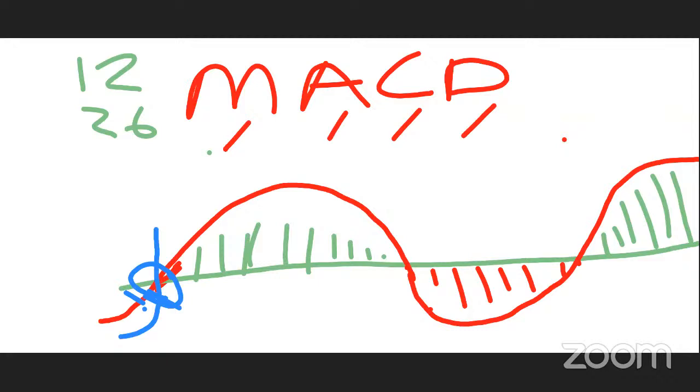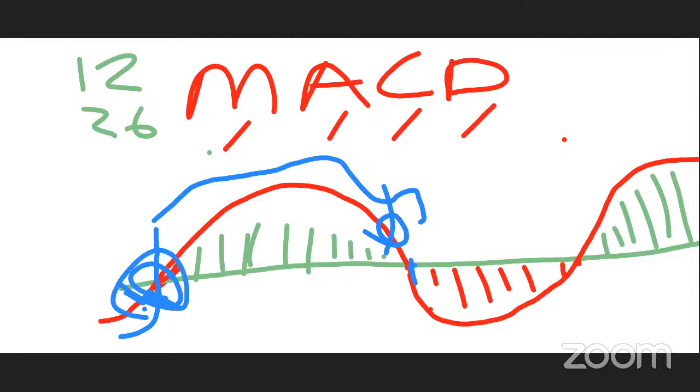Then the market keeps on moving in its direction, then maybe it crosses here. When it crosses here, a red histogram appears. Now it means from here, the market was confirming to you we are going up. From here, the market was telling you we are going down. As simple as that.